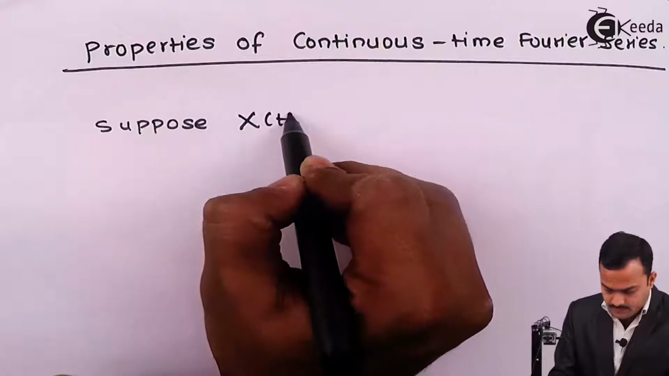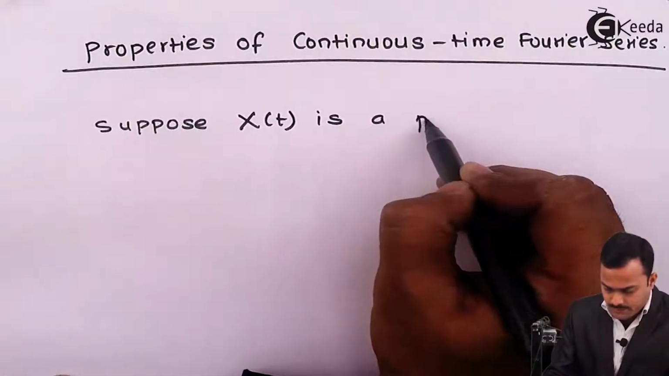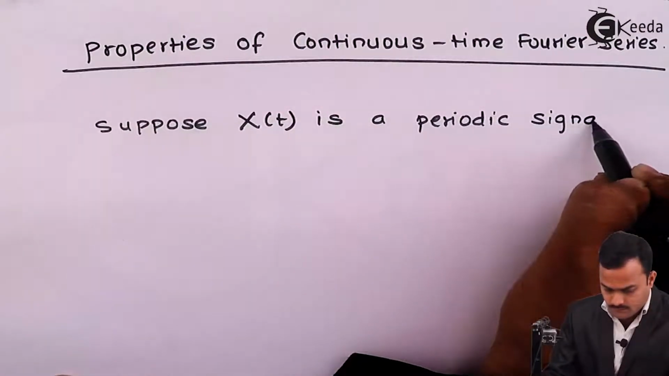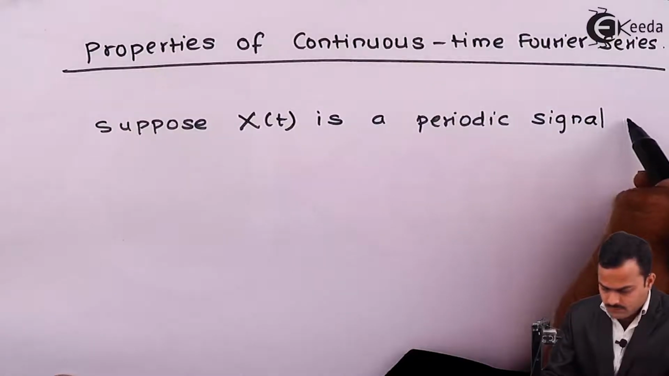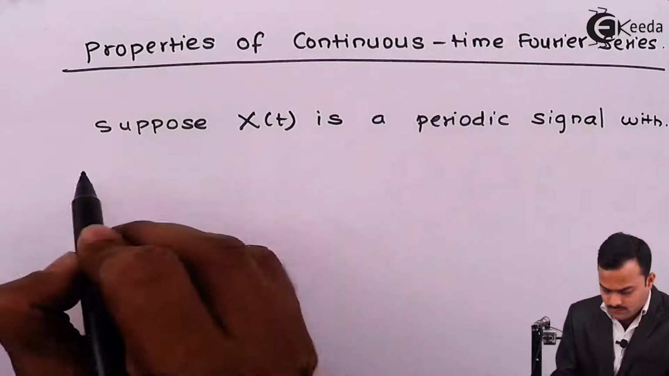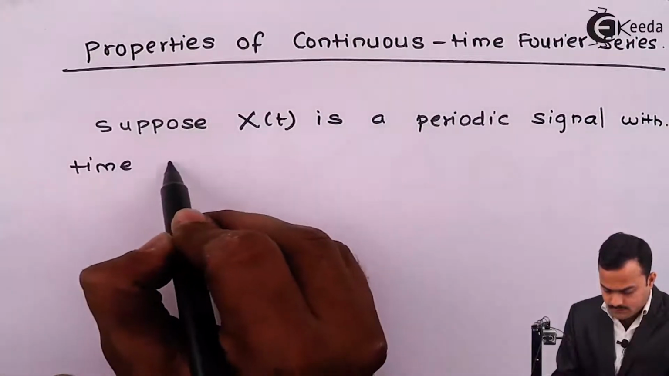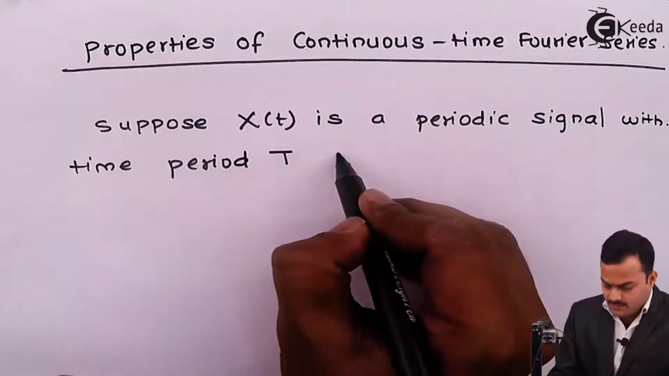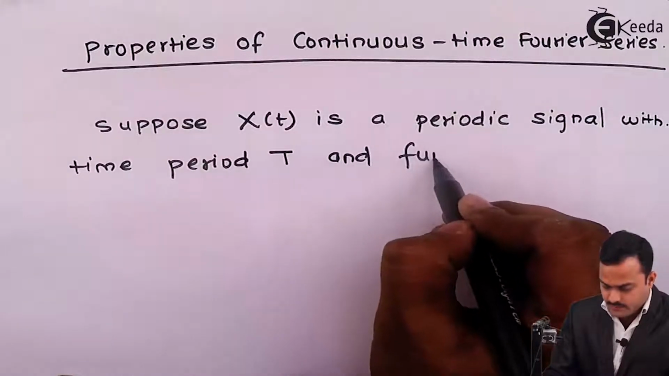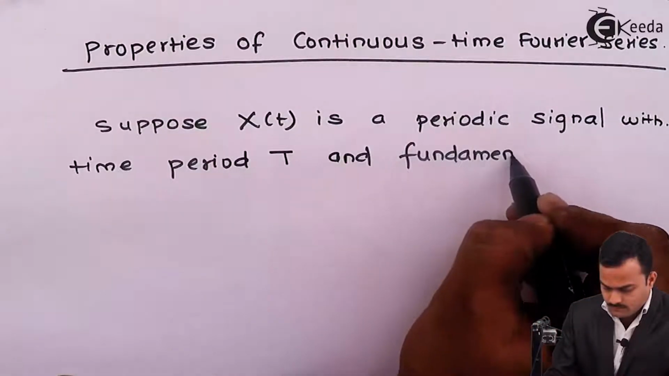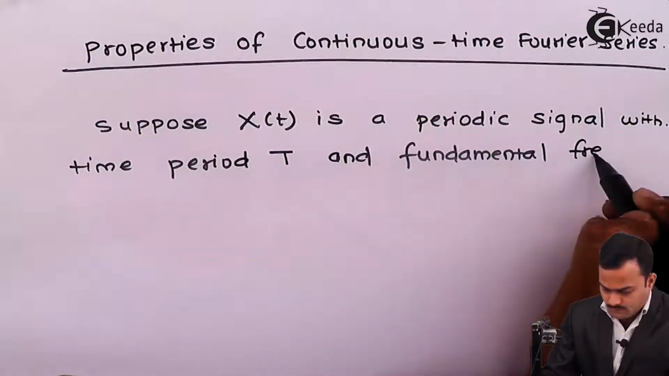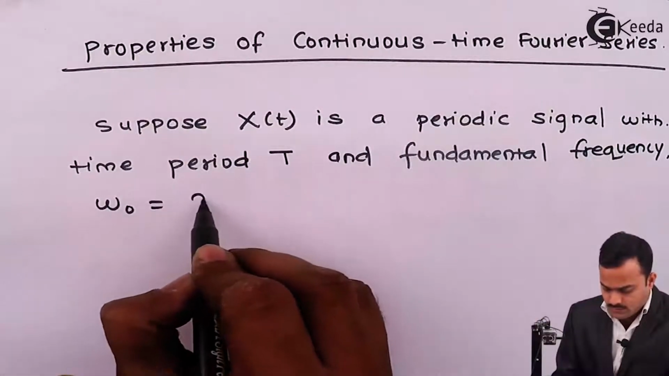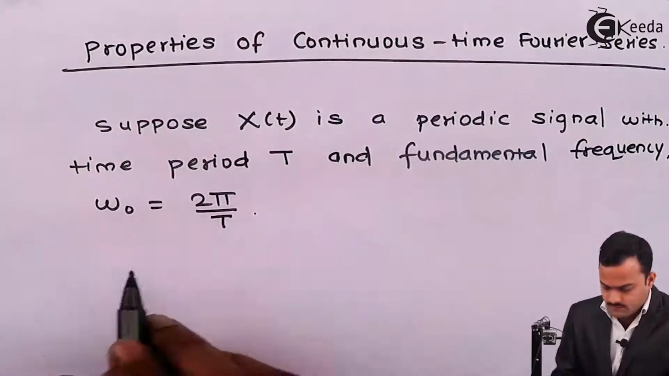Suppose x of t is a periodic signal with time period capital T, so that its fundamental frequency will become omega 0, nothing but 2 pi by T. Then